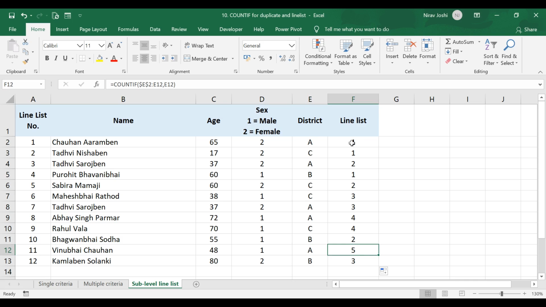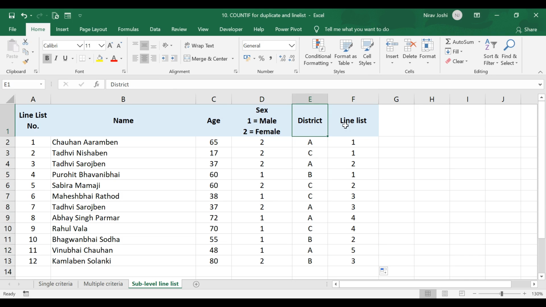So you can directly provide this data to district to identify line list for them, and that will help us to directly identify the case based on line list number. Here we need to take care that if we change the sequence of this district data, then it will also change the line list number.